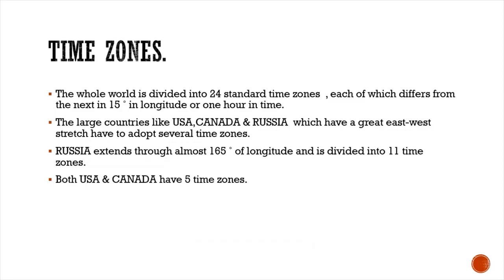The next one is time zones. Now, when it comes to the world, we have around 24 standard time zones, each of which differs from the next by 15 degrees in longitude or 1 hour in time. Some large countries like USA, Canada and Russia, which have a great east to west stretch, have to adopt several time zones. Russia has around 165 degrees of longitude, and it is divided into 11 time zones. Both USA and Canada also have